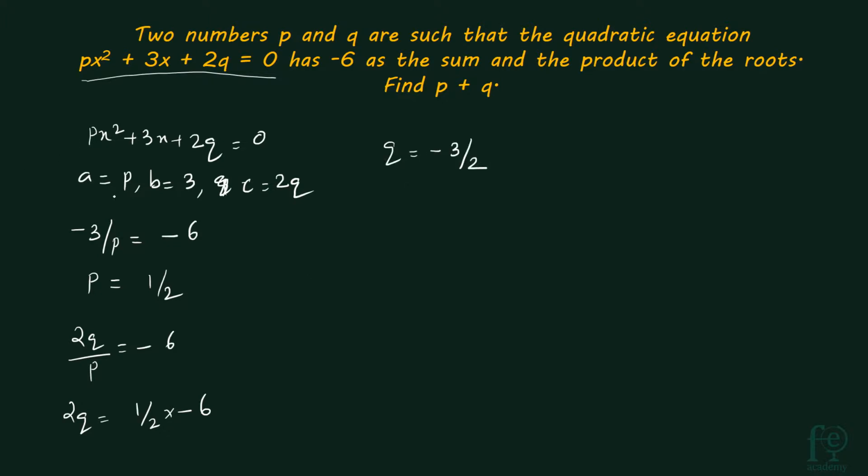So what is p plus q? So p is equal to 1 by 2, equation number 1, and q is equal to minus 3 by 2, equation number 2. So p plus q will be giving us 1 by 2 minus 3 by 2, which is equal to minus 1. So minus 1 is our answer. A straightforward question. Just to be thorough with the formula, sum of the roots is equal to minus b by a and product of the roots is equal to c by a. We are doing these practice questions.